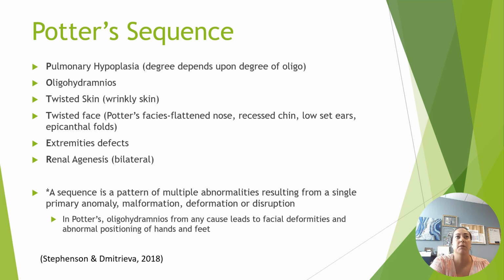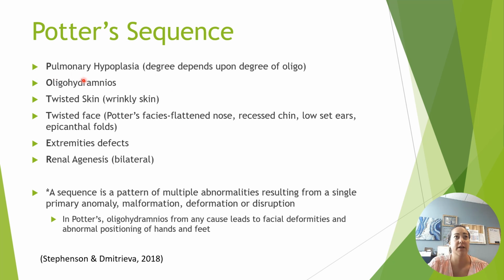Right, then there's something called Potter sequence. This is just an acronym that is bilateral renal agenesis and its progression over time. It helps you remember what's going on with bilateral renal agenesis. So we have the absence of both kidneys,